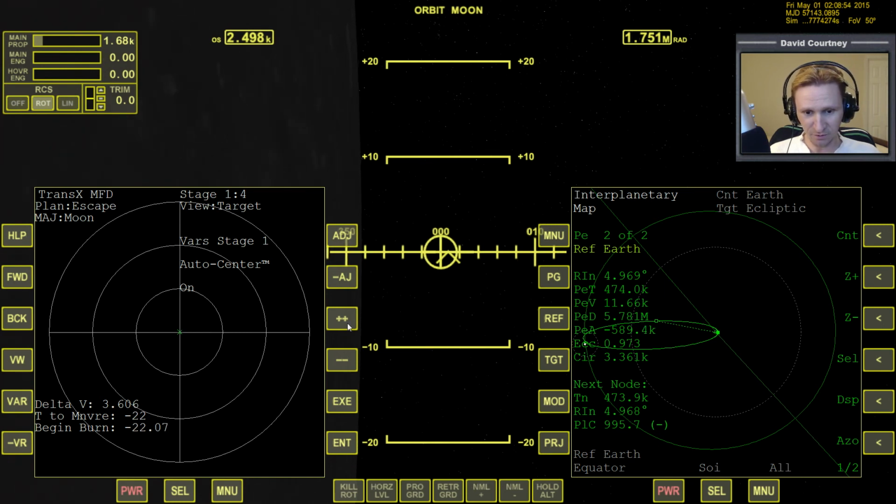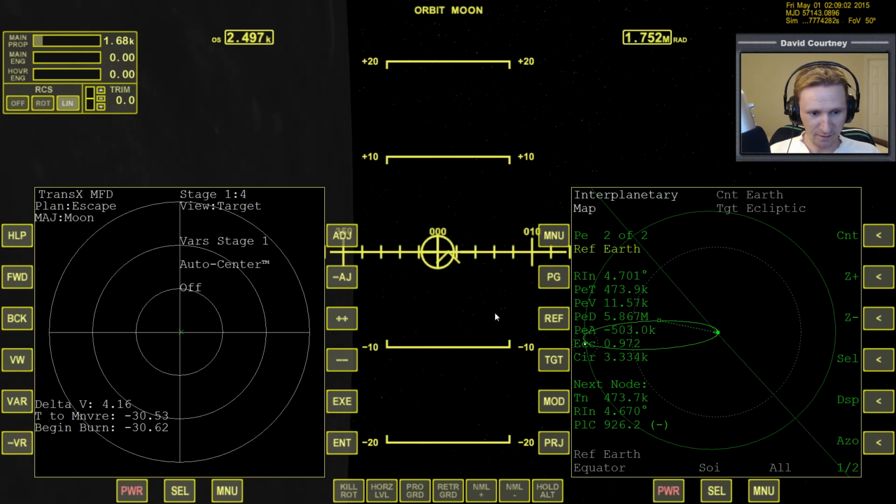Okay, so turn auto center off. That's the very first thing you want to do when the burn's done, and then switch to translation and take out your mistakes, if you have any. And you can see the delta V in TransX. Again, it's like 8 or 10 meters